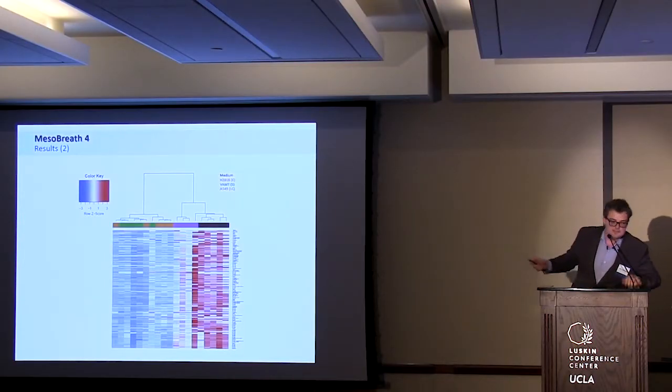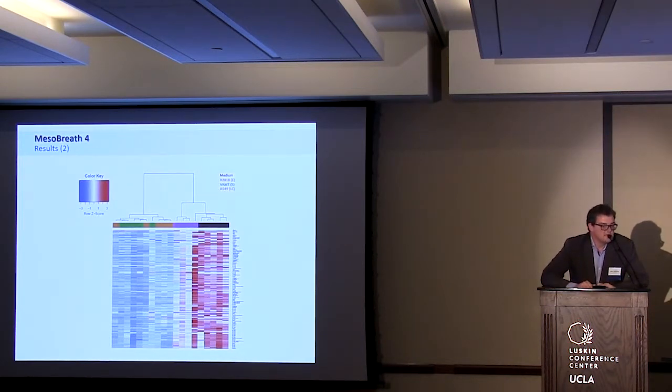Now, what happens if you include a lung cancer cell line in this model? Again, you see the medium, which is now the black, is totally separated from our cells. We can see the epithelioid mesothelioma cell also separated from the others. But what is interesting to see is that we could not have a nice discrimination between our sarcomatoid and our lung cancer cells. So this also reflects what we have seen in breath, that lung cancer cells are not specifically easy to differentiate from our mesothelioma cells. But we have some differentiation with our epithelioid mesothelioma cells. So this underlines what we have seen in the in vivo situation.